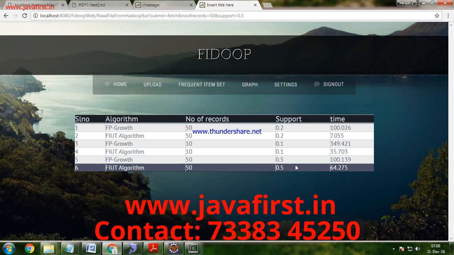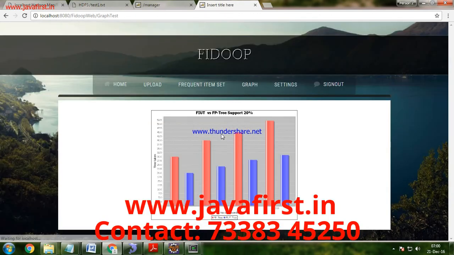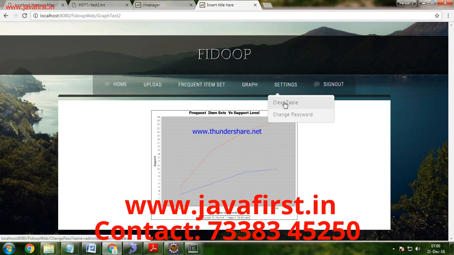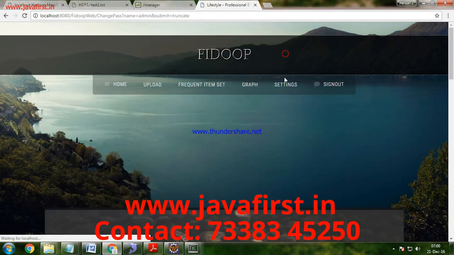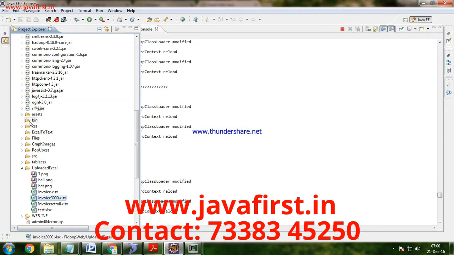Then we can view the graph based on this. This is the bar graph, FIUT versus FP growth, support 20%, and this is graph 2, which shows the line graph, frequent item set versus the support level. The user can truncate the tables, change his password, and then view the result.